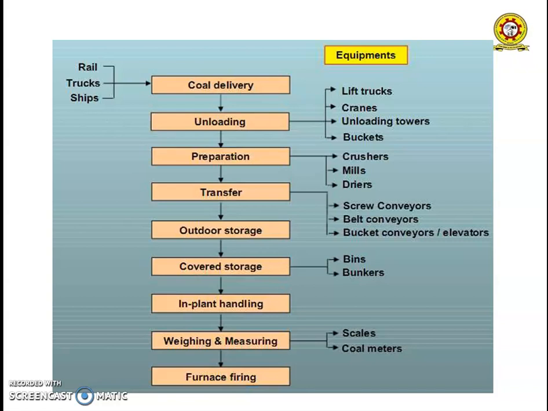In that, first one is coal delivery. Coal is delivered from the coal mines. Before, in the coal mines, there is a coal beneficiation. Coal beneficiation is also known as primary preparation and cleaning. The equipments used in the coal delivery are coal sizers, screeners, coal drying equipment, washing and dewatering.